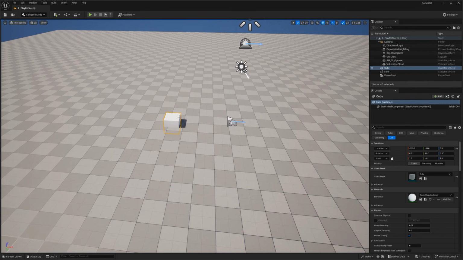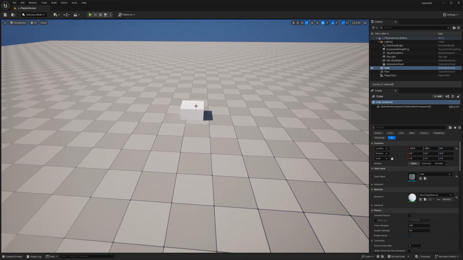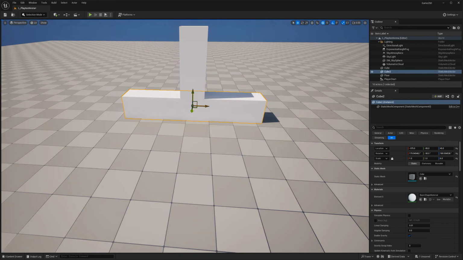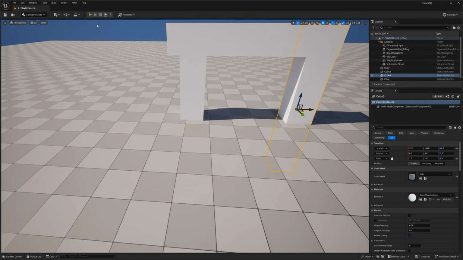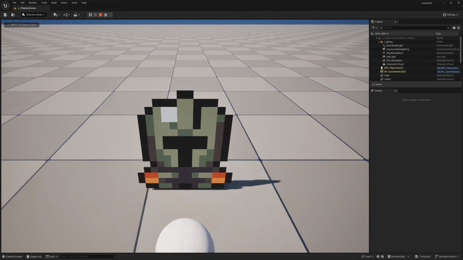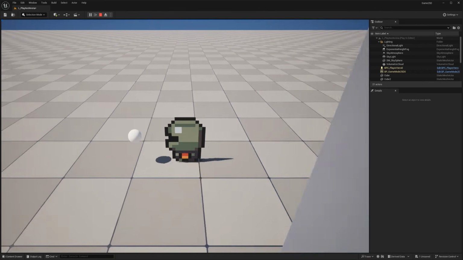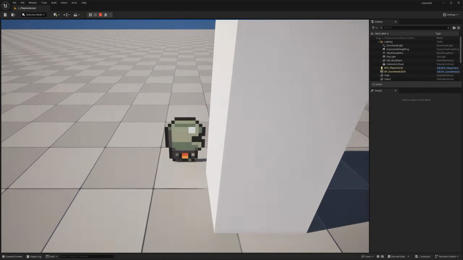By default, our camera, whenever intersecting with something, if I do something like this, it's going to make a lot of sense in a second, so just bear with me. If I ever walk underneath it, you can see when I'm behind something, the camera's just going to snap. We wanted to avoid that. It's not really what we want. And we also want the camera to be a little bit further away.